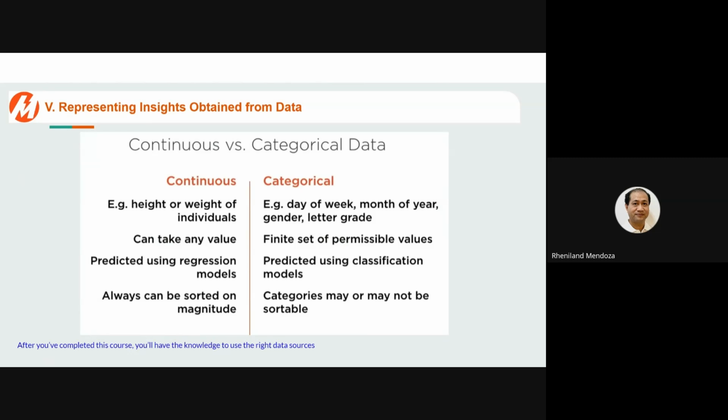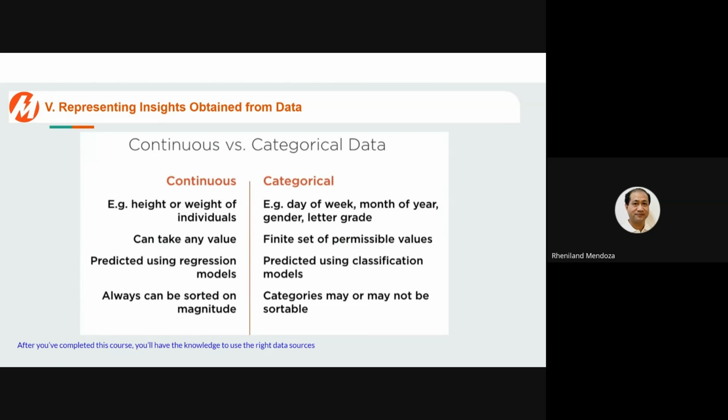When you're working with machine learning, regression models are what you build to predict the value of a continuous variable. Classification models are what you'll build when your predicted output is a category.